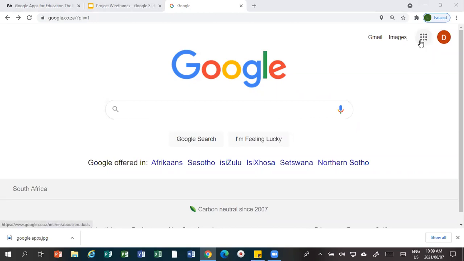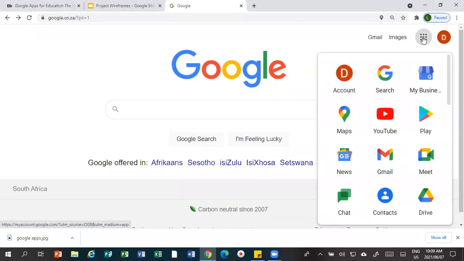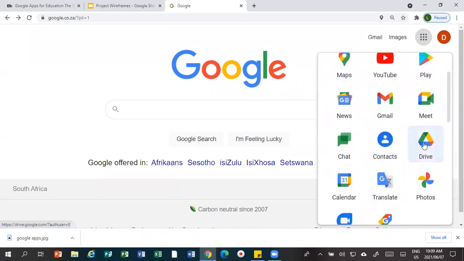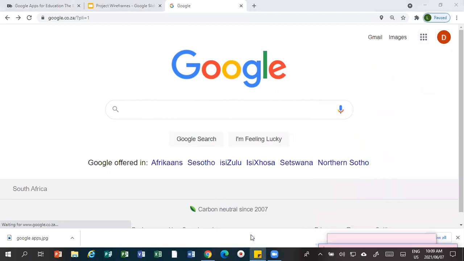Okay, let's move on to the Google Apps. So if you see that icon with 9 dots, those are the Google Apps. There are so many of them. There are so many of these apps, but I want us to focus on Google Drive. Okay, so we will just click on Drive. There are so many of them: Translate, Calendar, Chat, Meet, but we will just focus on